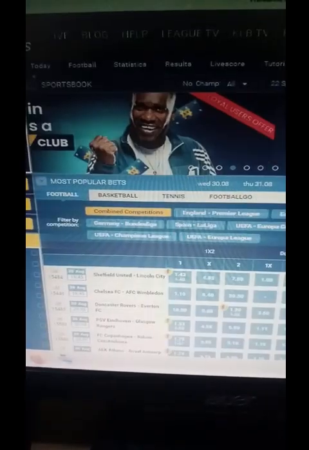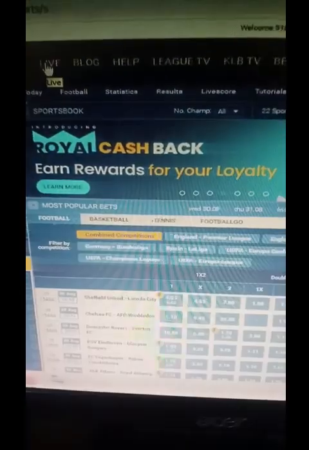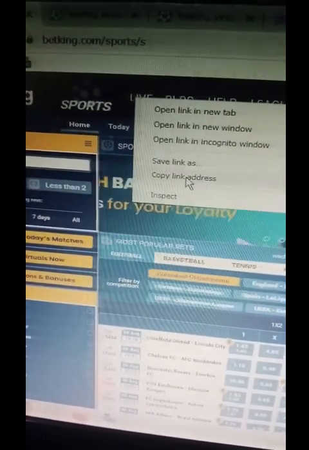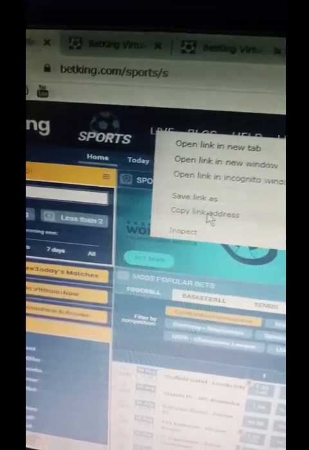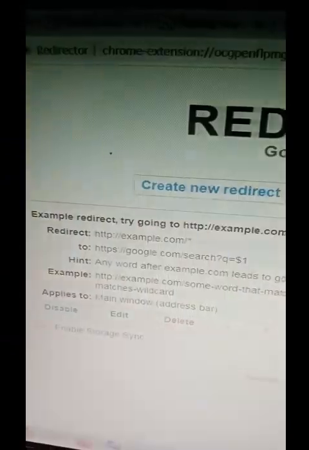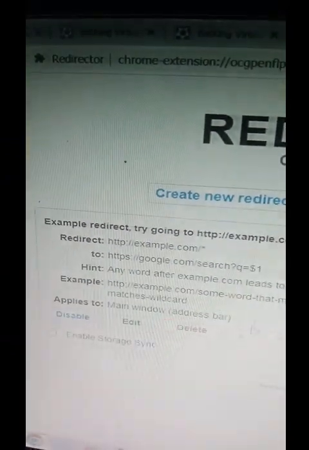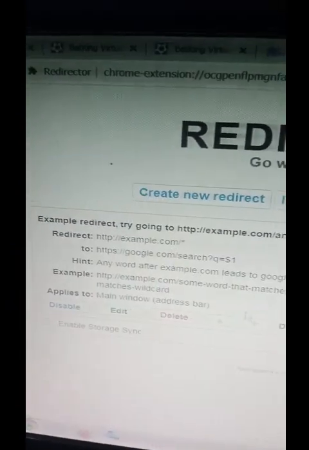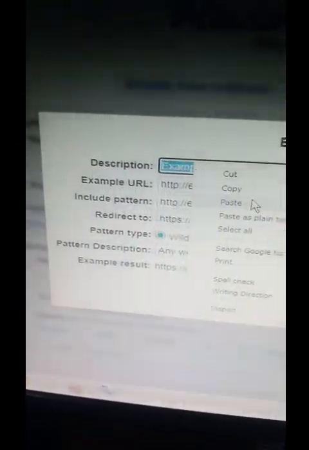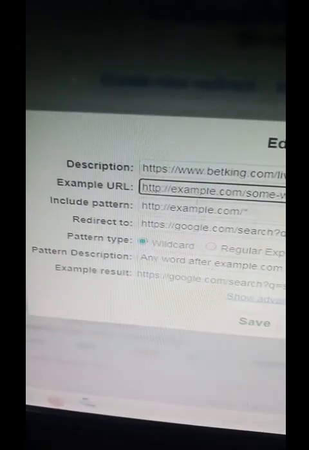So back on the first site, you right click on the live and copy the link. You copy the link address. So you can actually either delete this or duplicate to pick a pattern from this and click on edit. So from the edit, you're going to be pasting the URL